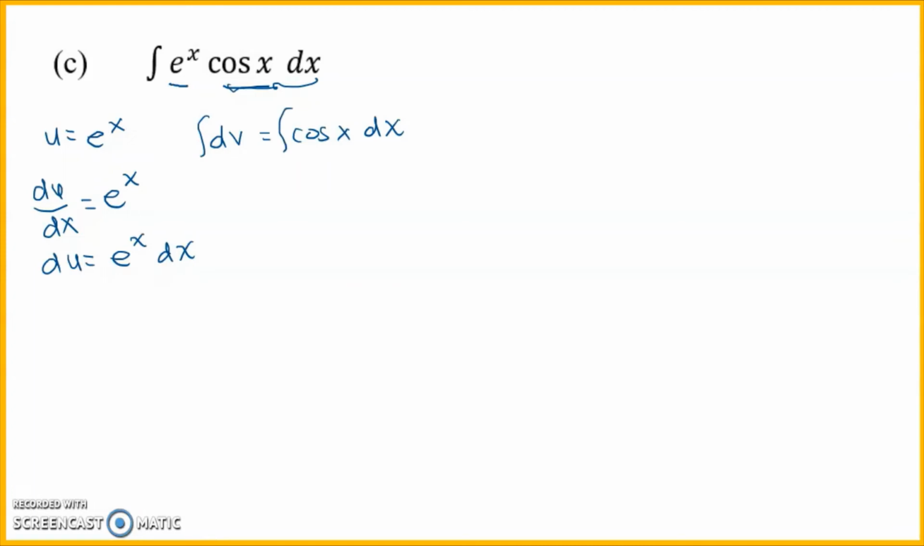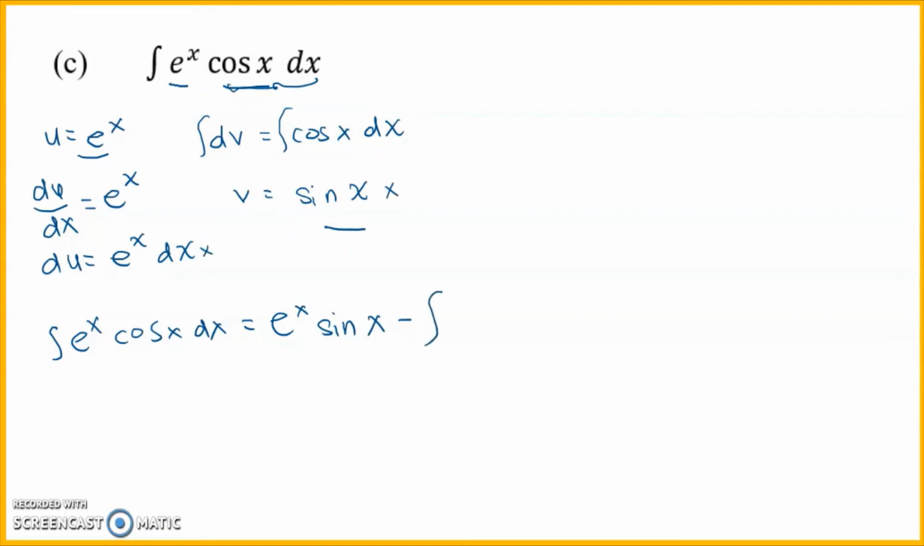Then integrate dv. Integrate cos x, which will give us sin x, and we drop out the c temporarily. So now substitute into the formula u dv: the integral of e to the x cos x dx equals uv, so e to the x times sin x, minus v du, so I have e to the x sin x